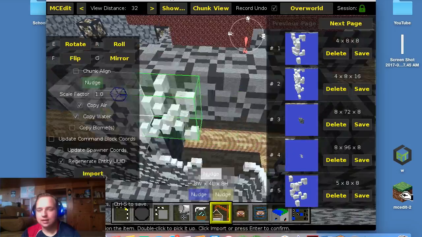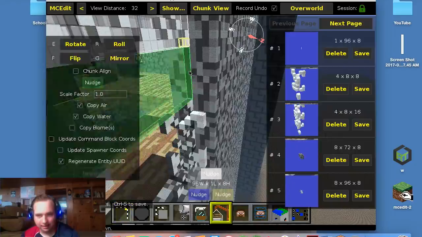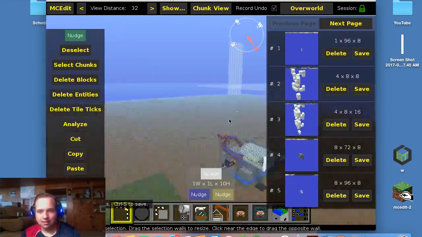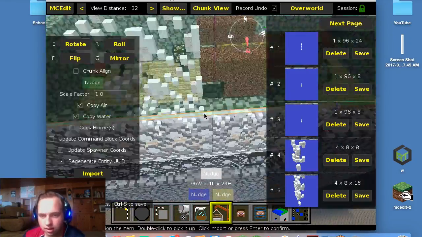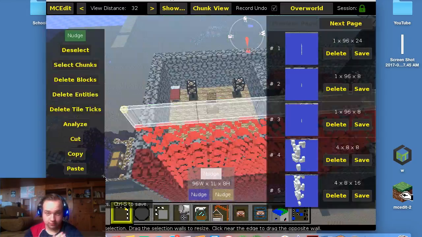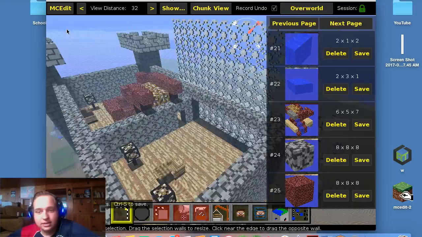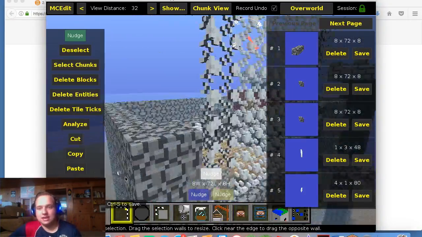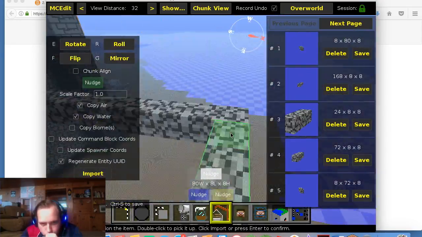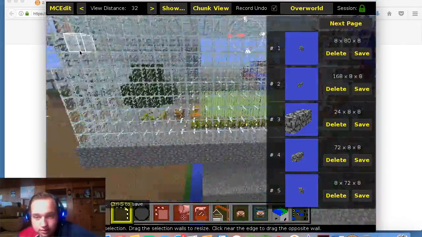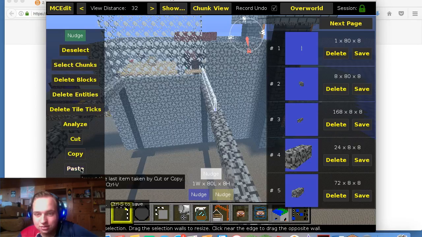But here, remember how in the very first episode towards the end I did the glass panes, and I did them where they were connecting at some points, and some were crossing, and some were just 4x4, and then some were edges. So I did all of that here. So look, it looks like actual glass panes. They're connecting to the edges. They're connecting to all the cobblestone. It looks like regular glass panes. I was really proud of it, to be honest with you guys.